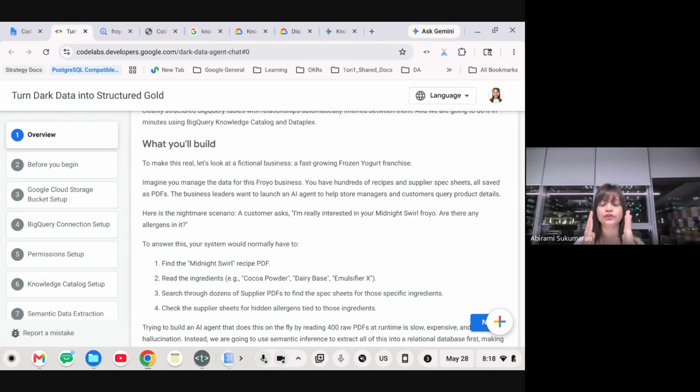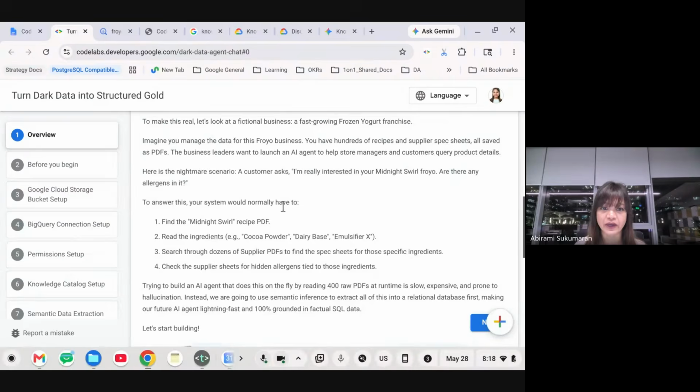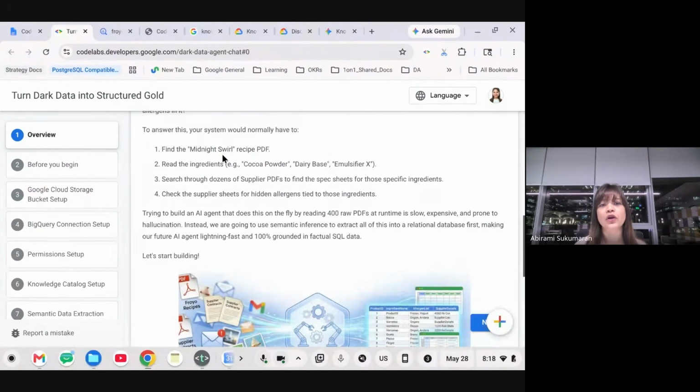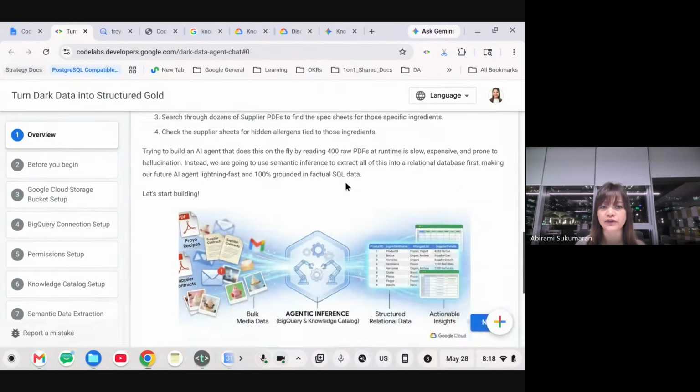In today's session, our job is strictly to convert 400 PDF files, which are PDFs for recipes and PDFs for suppliers of these recipes, into structured data. Not just mechanical conversion. It is detailed, insightful inference, AI-driven and data-driven conversion that we're going to be looking at. So we do have all these PDFs in place. We have all the ingredients files and everything in place.